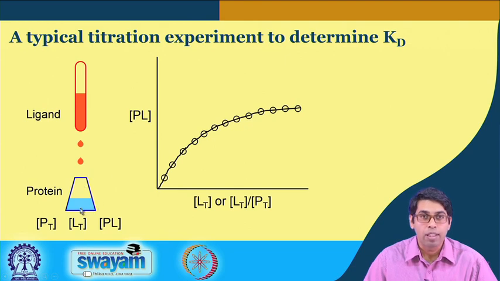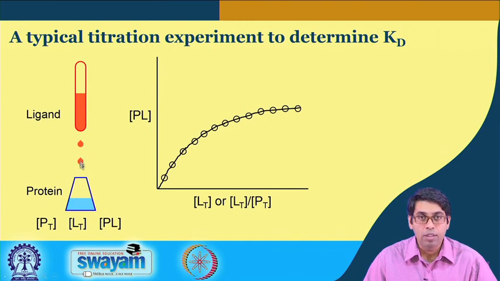So, at the first point there is only protein, no ligand. So, protein ligand concentration is 0. You add maybe 1 drop of ligand. Now, you calculate the total concentration of the ligand here. So, whatever concentration was there, it gets diluted here, but you can easily calculate the concentration of the ligand, and that is your L total. You have some amount of ligand and you have protein. So, the binding event will happen and you will get some protein ligand complex. So, this is the concentration of the protein ligand complex.